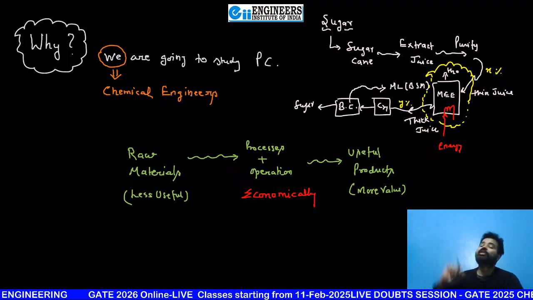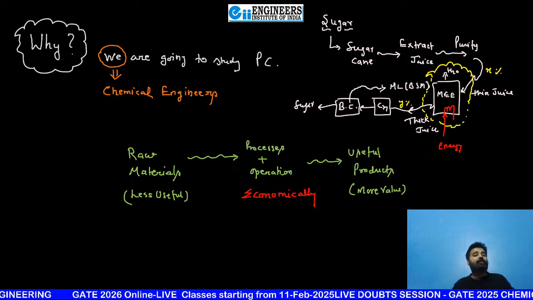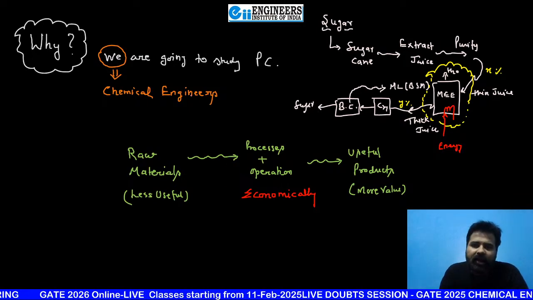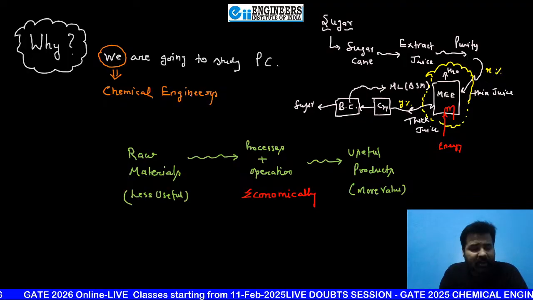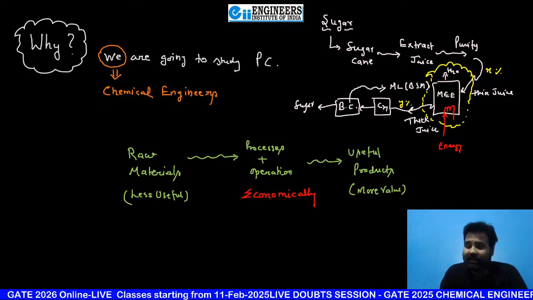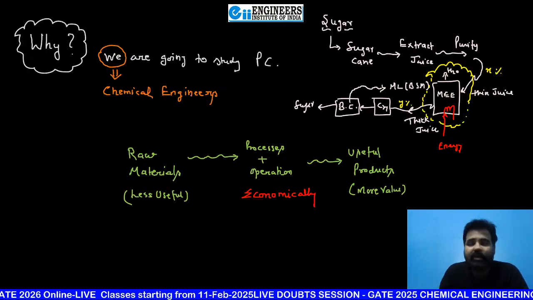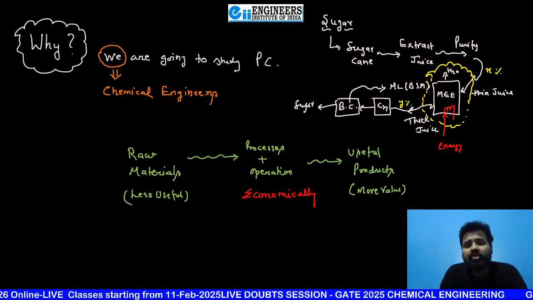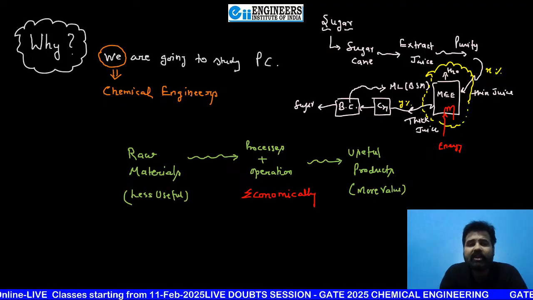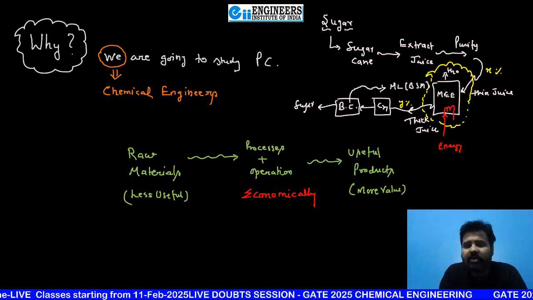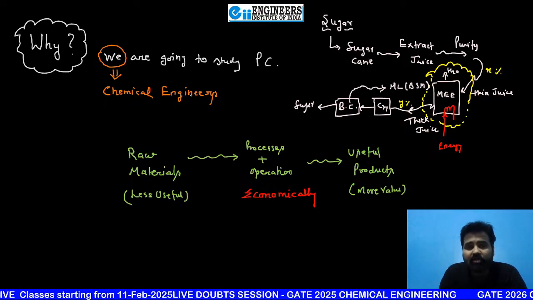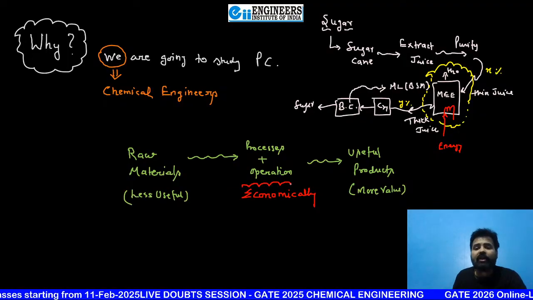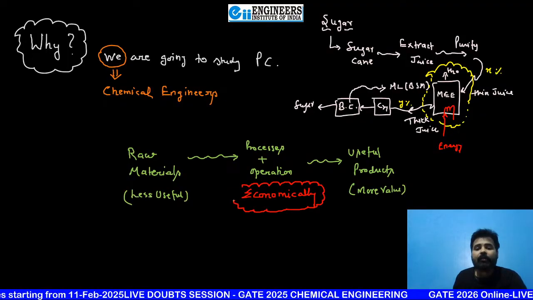Because if one industry is using an economical way, then definitely their product price is 10 rupees per unit. And if someone is not doing it economically, if bad engineers are there in the industry, then their product price is 12 rupees per unit. In the market, who is going to take it at 12 rupees per unit if it is already available at 10 rupees per unit? So huge loss. That's why, beta, you are going to do all these things economically.